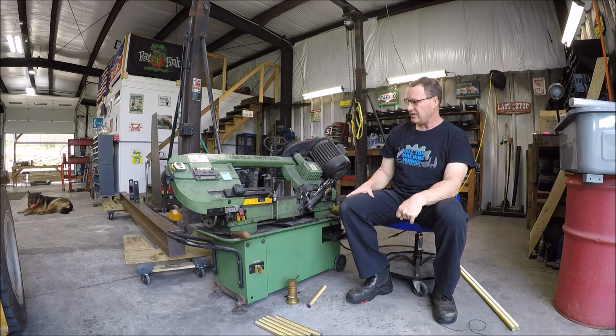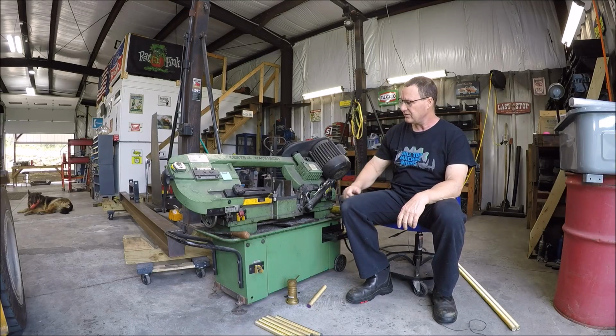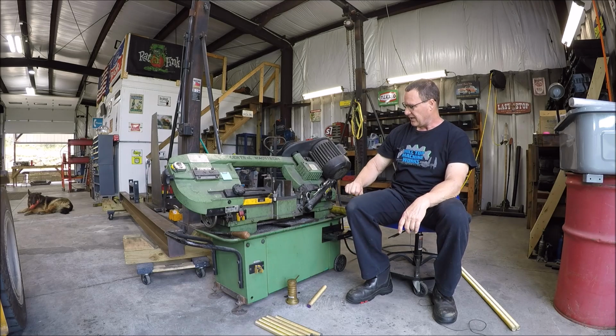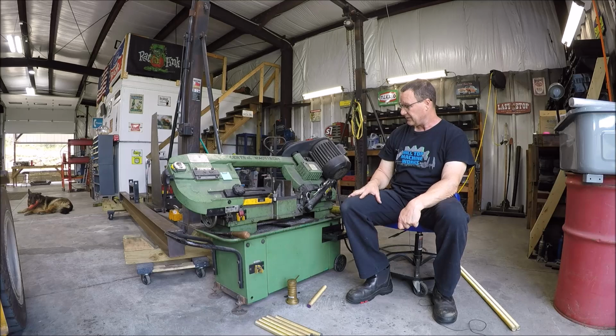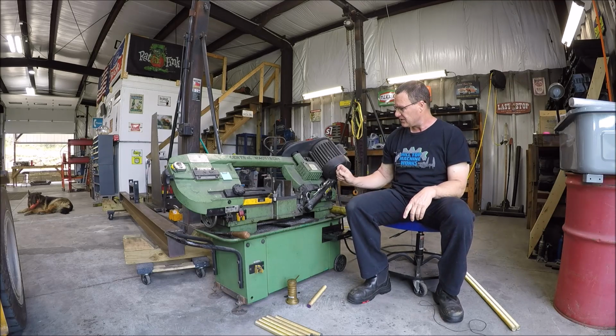Only things I've done, I did upgrade the power cord, made it longer. I've had to replace the bearings once, from coolant, and I've replaced this hydraulic cylinder once. So otherwise, great saw, but the major complaint I've got with this thing is,